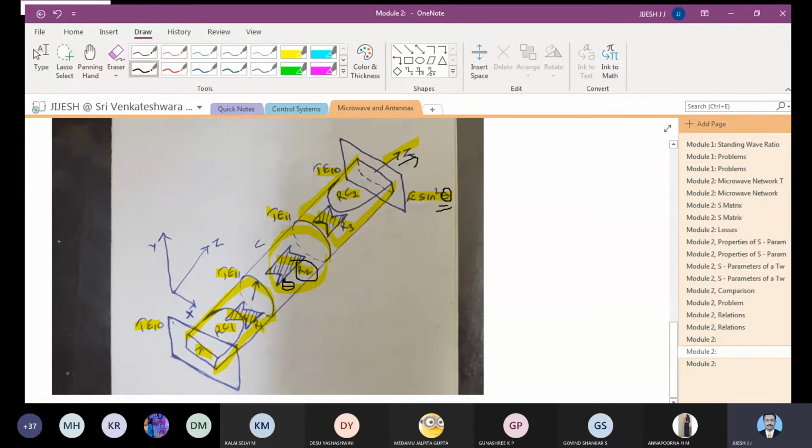So as and when the signal moves on through this direction, and when you have a combination of resistive films R1, R2, and R3, you finally end up with the final output as E sine square theta, and theta is entirely dependent on the circular waveguide. This C represents the circular waveguide.